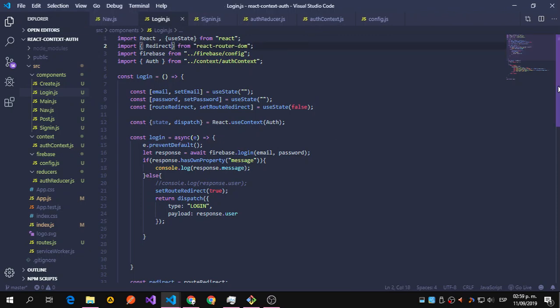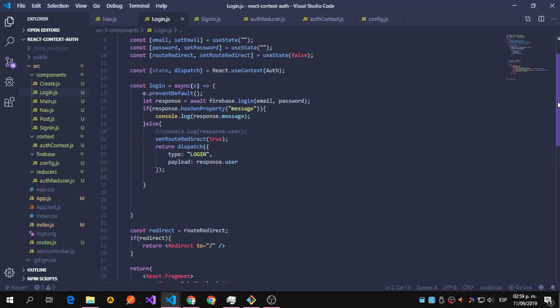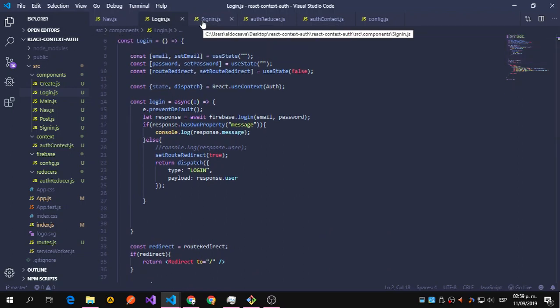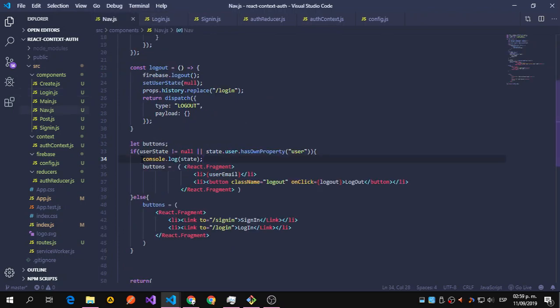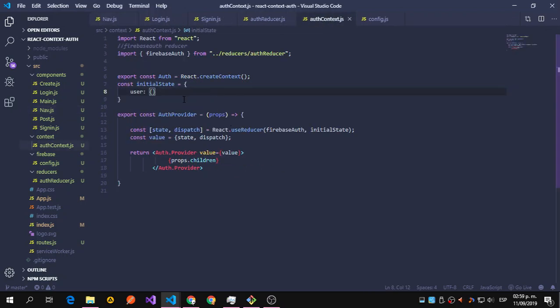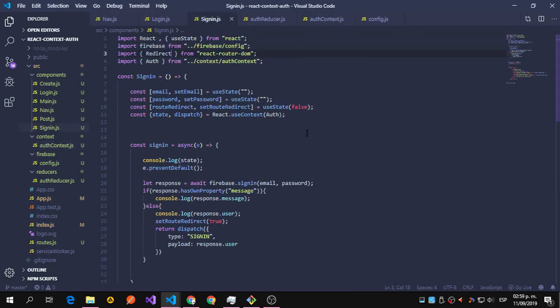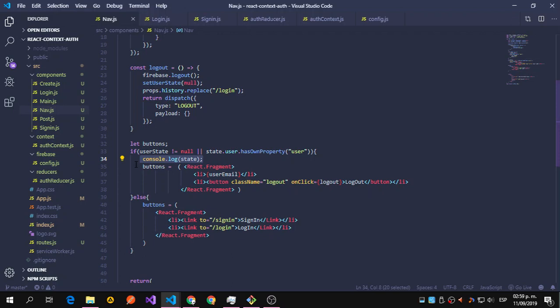So you can see that it's inside the navigation. We can handle the state. So this state is coming from our context, okay? And this is what we are getting, the initial state. So our routing, login, logout, and sign in functionality is done. Let me just console log. Comment this, and